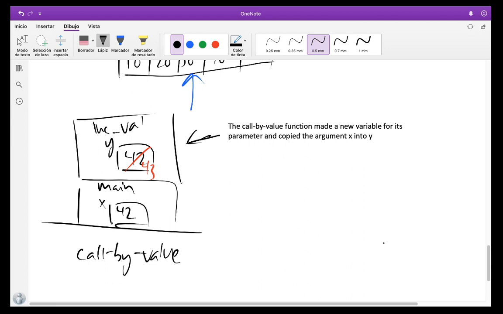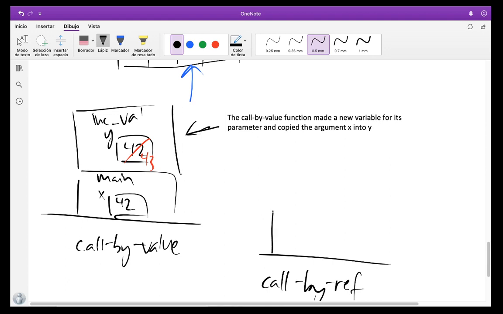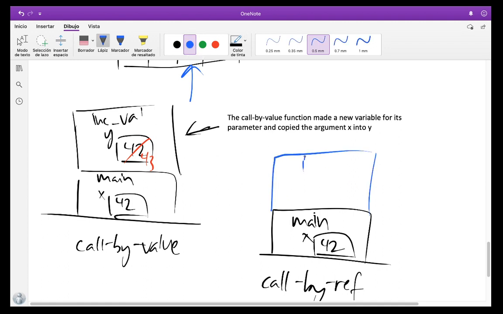And that was the one thing I did forget, so thank you for reminding me. Hopefully I'll remember it after this as well. This is call by reference now. The idea there is this other function in main. Still we had x set to 42. But the idea was when we called increment with reference,